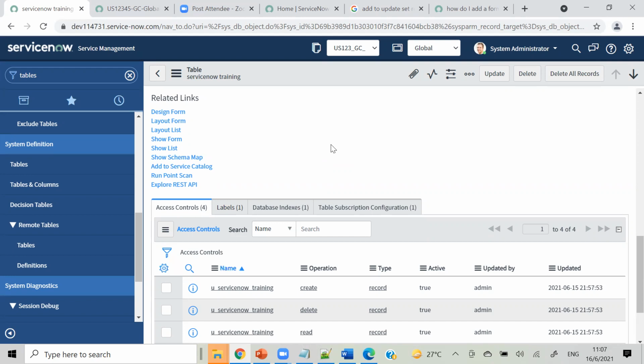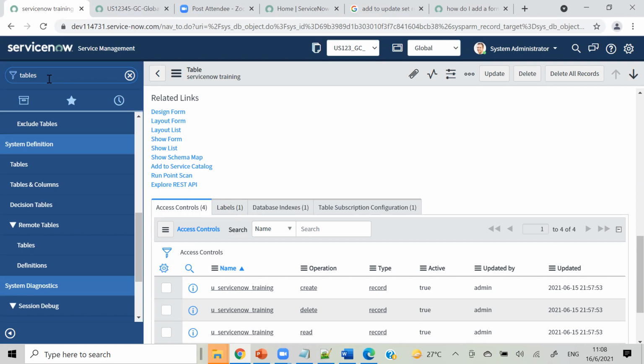And one more thing while working with update set. Update set looks very easy, but it can capture whatever you do on the form. Example, you got a task of creating a table or field, and you left your update set as current, and you forgot to change it, and you are doing some practice, or running some code, or changing some field up and down. All those things will get captured in your update set, and all those will get moved to your test instance, and that will create a problem.